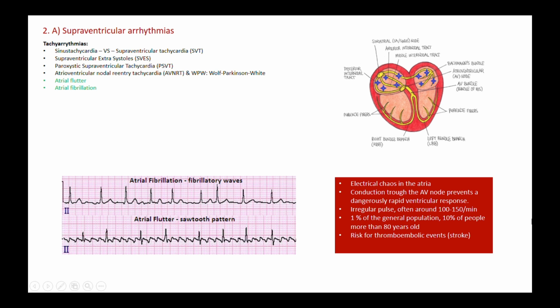So what occurs is that instead of the sinus node depolarizing and being the normal regular pacemaker, we have hundreds, maybe even thousands of different competing pacemakers in the atria, and the AV node is bombarded with electrical impulses, but luckily it acts as a gatekeeper, so it prevents a complete distribution of this chaos into the ventricles. But since there are so many electrical inputs, this more rapid depolarization is to some extent propagated down into the ventricles, and we tend to have a tachycardia